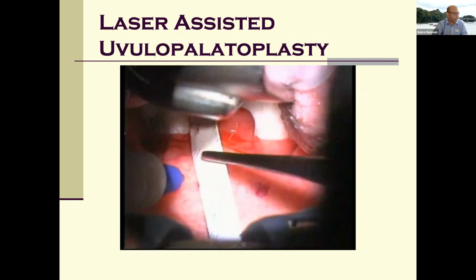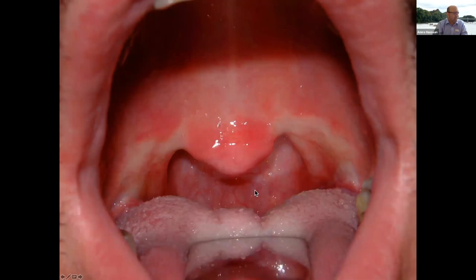Here is someone being measured up for it. We're looking down, like a tonsillectomy view, into someone's mouth. That's the uvula, that's the tongue, and this is the soft palate. We're measuring with a marker pen to see how much we're going to cut into the soft palate. After we've done that, we trim a bit of the uvula and make incisions into the soft palate on either side. By doing so, we raise the whole soft palate and reduce the bulkiness of the uvula. It's usually done with a tonsillectomy as well, so the tonsils here are gone.